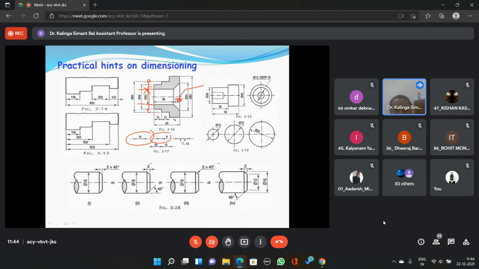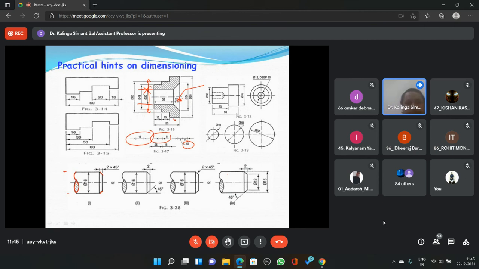So this has to be taken care of. Like this is how the 10 is being represented here. You can see how the 10 is represented, because instead of writing this one, we represent 10 in this way, the circles way of representing. This chamfer, these are the edges, that is 2 into 45, which means both sides have been inclined at 45 degrees. You can see short break lines are being used. So these are certain things that we have to represent. This is the 45 degree. This is another way of representing 2 into 45. Or you can use 45 and this is 45. Sorry, 2 and this is 45.